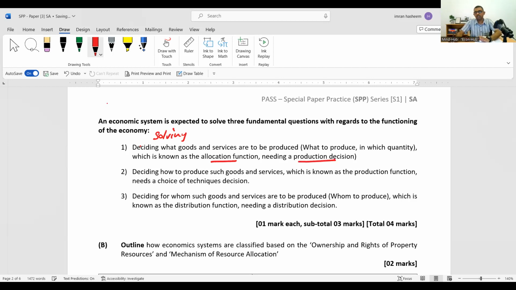I am trying to get you to write a very comprehensive, very complete answer. So can we say allocation, production, distribution, function? You can. It shouldn't be a problem. But because it's the actual exam, if you can write the others within brackets, then you're safe. It doesn't take much time to do that. But only one of the terms is enough. So the 3 problems, you can present it that way.